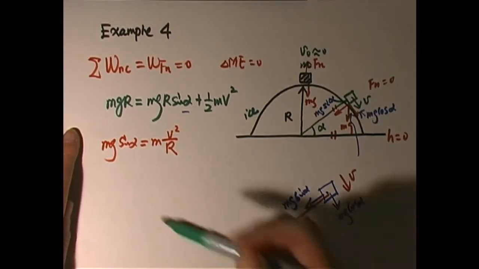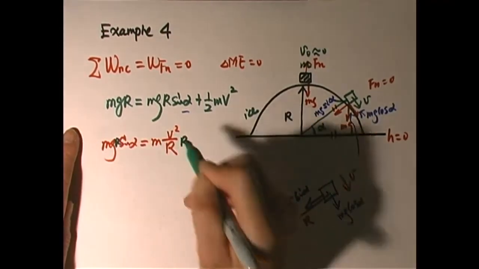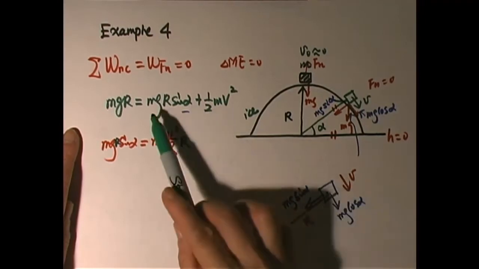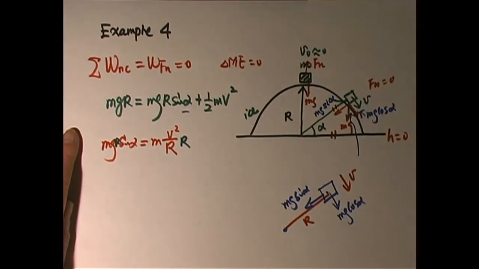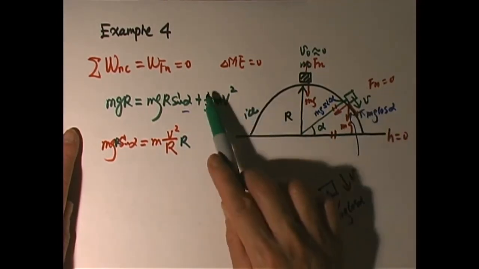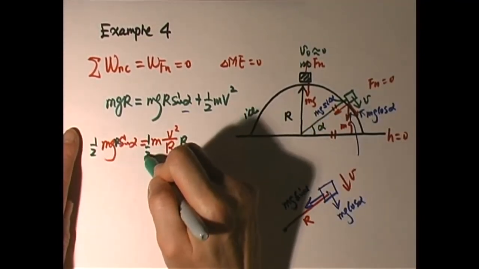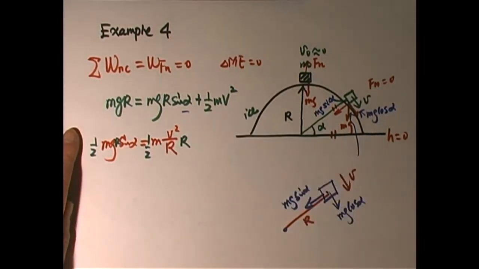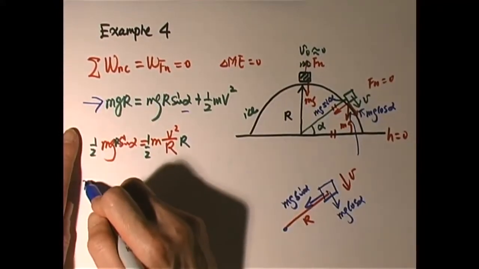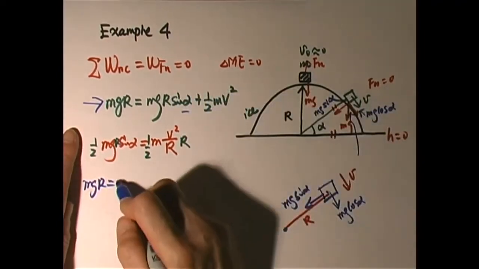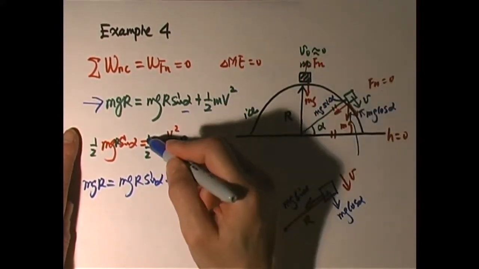Therefore, if both sides are multiplied by r, then we can replace that mgr sine alpha. See, mgr sine alpha. Do we want to replace that? No, I don't think so. Actually, we want to replace the 1/2 mv squared term. So r cancels, and both sides are multiplied by 1/2. So we want to replace the 1/2 mv squared term. Therefore, the left side of this equation is mgr, and the first term, mgr sine alpha. The second term, 1/2 mv squared,